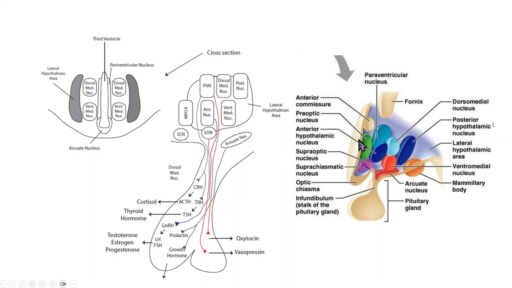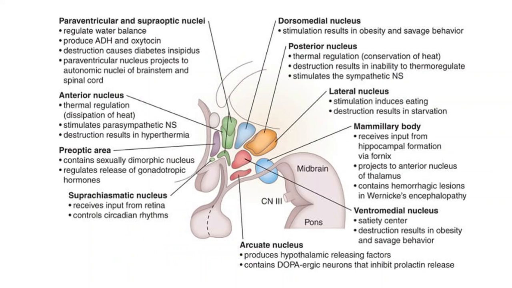We're going to be focusing on the paraventricular nucleus, the lateral hypothalamic area, and the preoptic area. And here's just another view of it all. Each of these is a very nice, convenient summary of which nuclei in the hypothalamus